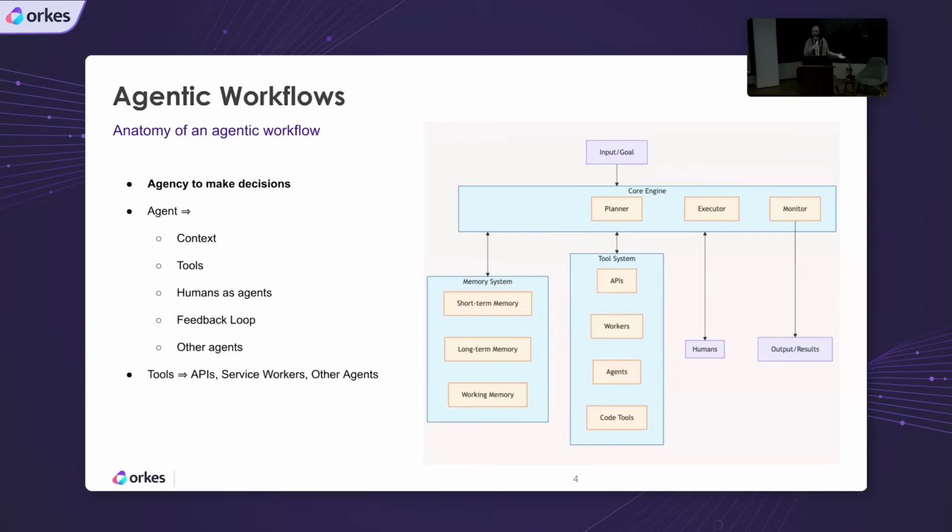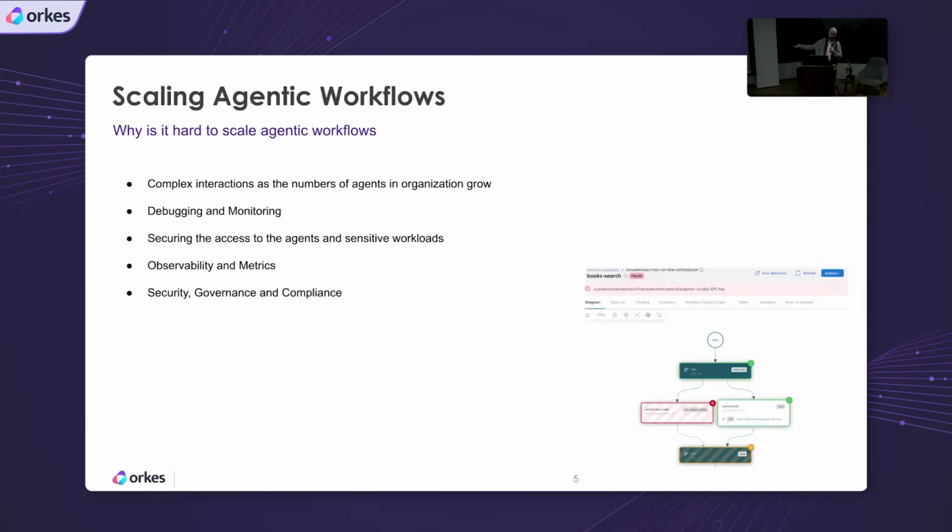You'll have the core engine for actually making the decisions. You'll have the tools and systems that exist in your enterprise today to work with. And an agentic workflow is going to allow you to take all of these disparate systems and connect them to one another in a way that helps your customers without needing to have humans come in and do these expensive decision processes. So scaling agentic workflows, kind of in the title of this presentation, and something that can be very